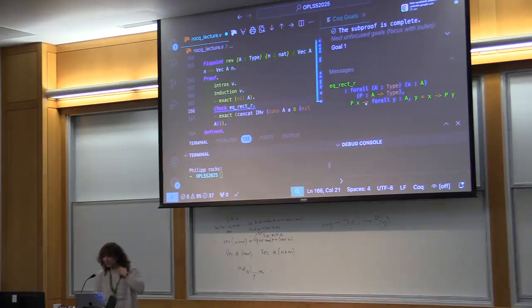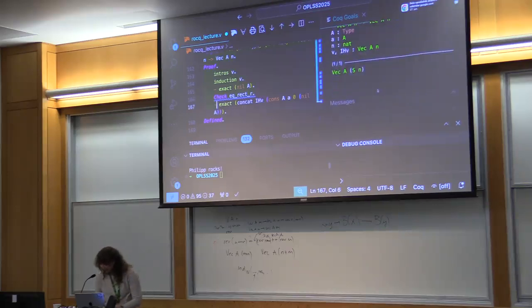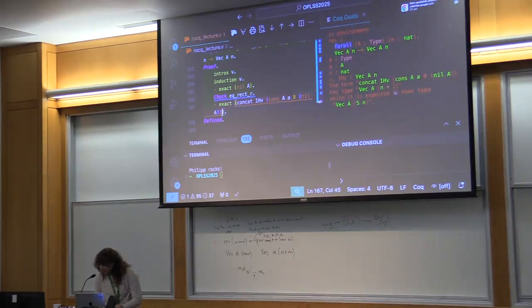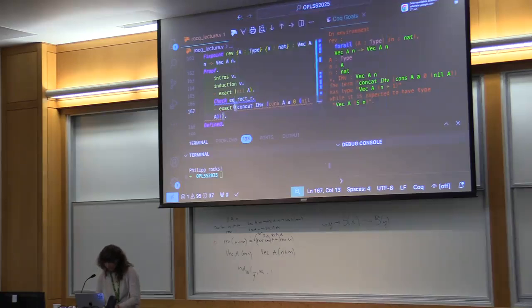See? So the arguments are ordered slightly differently from what I had on the whiteboard, so we'll have to figure this out. What I want is to go from vector of size something to vector of size something else. N plus 1, right? And this one says vector of A n plus 1 to vector of A sn. So I want to have proof that n plus 1 equals sn. So let's have that. I want to have here